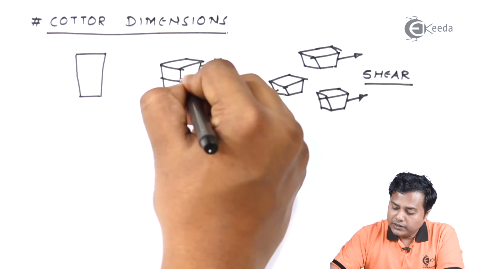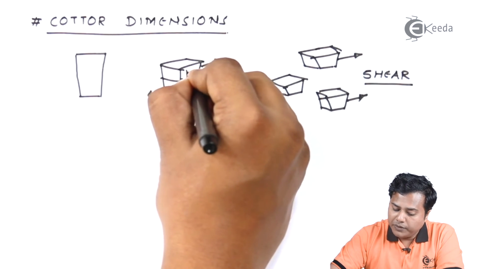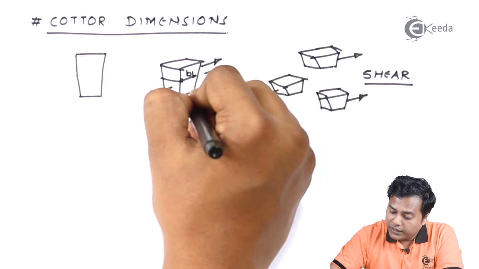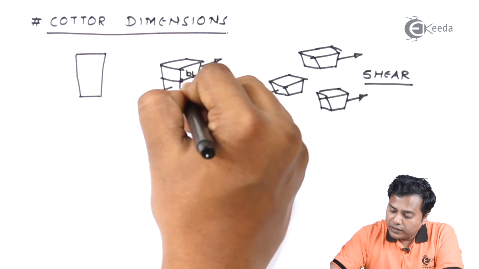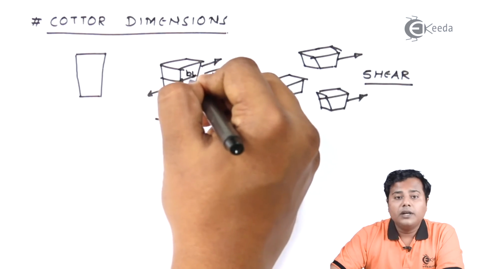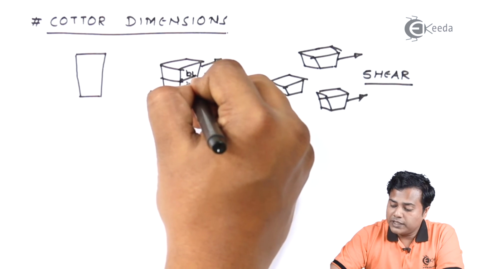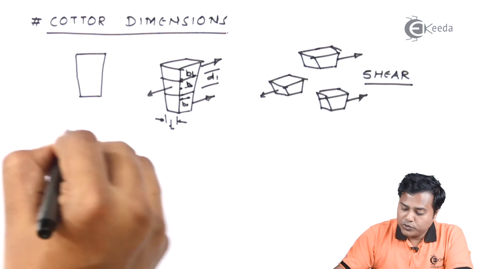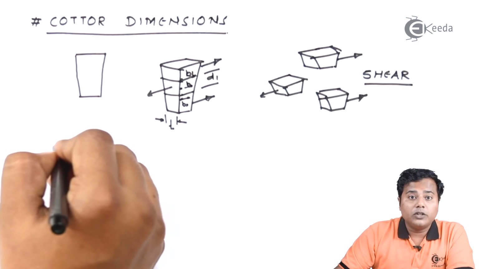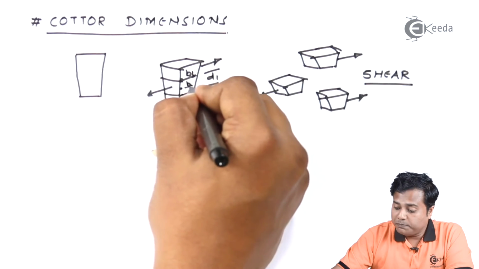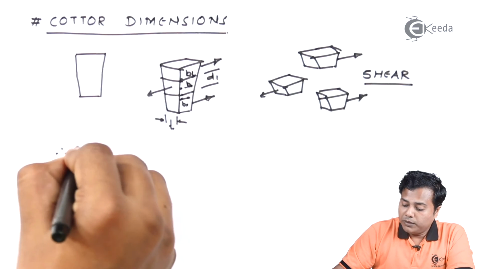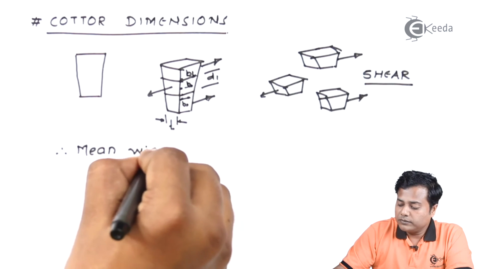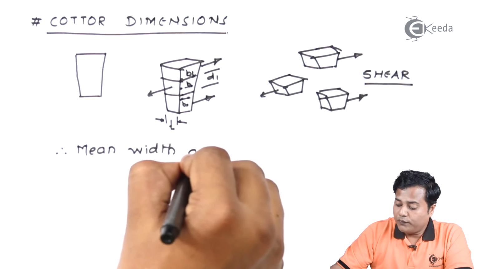We'll call this width b1, and this width b2, so that the middle width can be taken as their mean and will be called b. So when the dimensions are concerned, the first dimension is called the mean width of the Cotter, the b factor. So mean width of Cotter